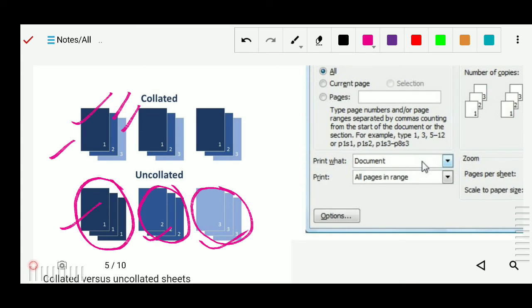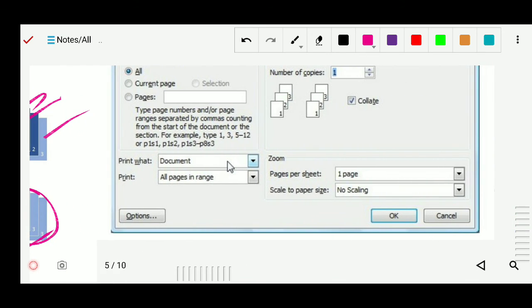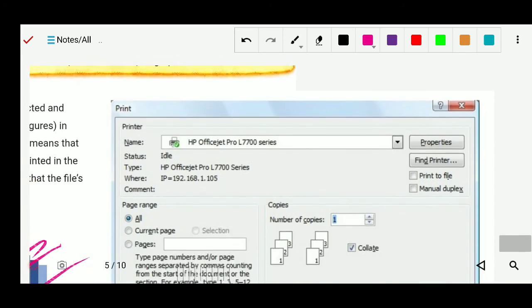But collated means 1 2 3, 1 2 3, three pages as one group, and likewise 3 4 5 also. Uncollated means only first will come, then second, but collated 1 2 3, 1 2 3 will come likewise.